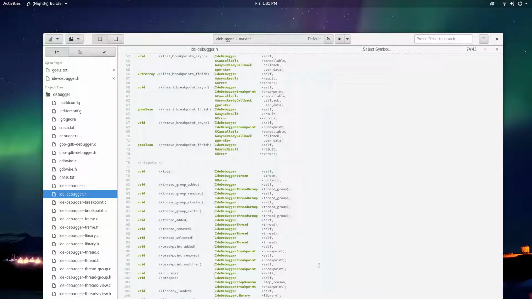Hey everyone, we're going to do a quick example of how to do an async finish pair for asynchronous operations in C and when using GObject. And the special thing that makes this one interesting over just a simple example is that we're going to do it with object inheritance. So we have a base object, and in this case it's the IDE debugger base object